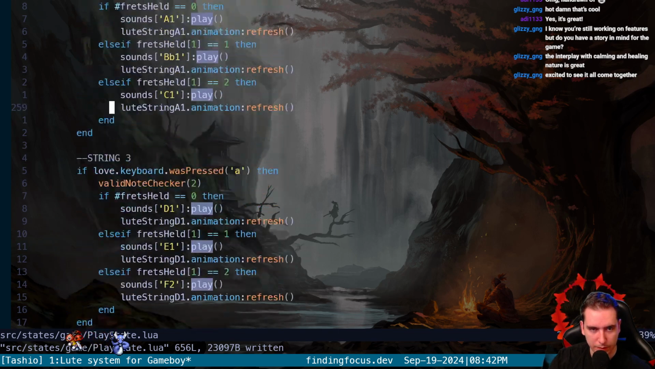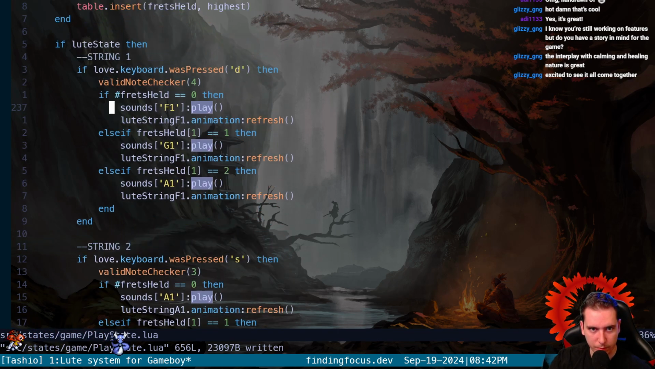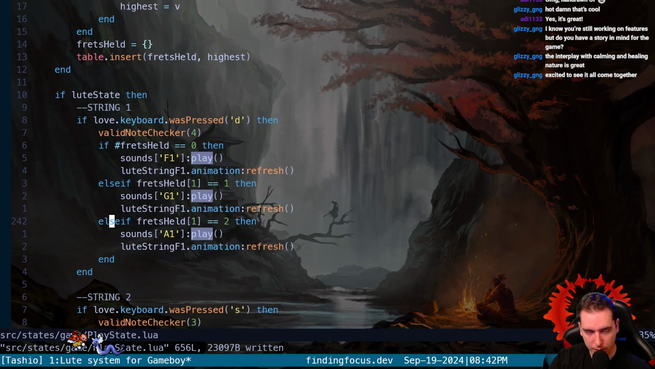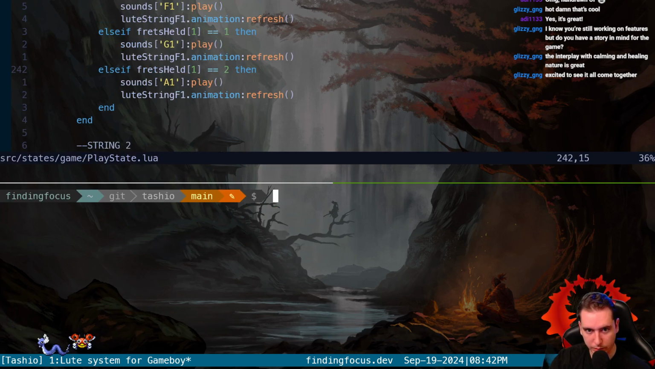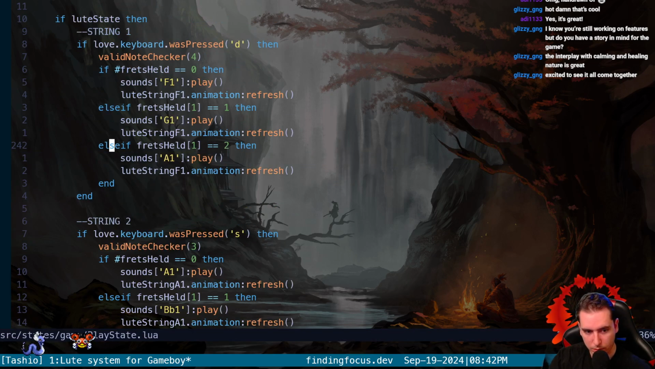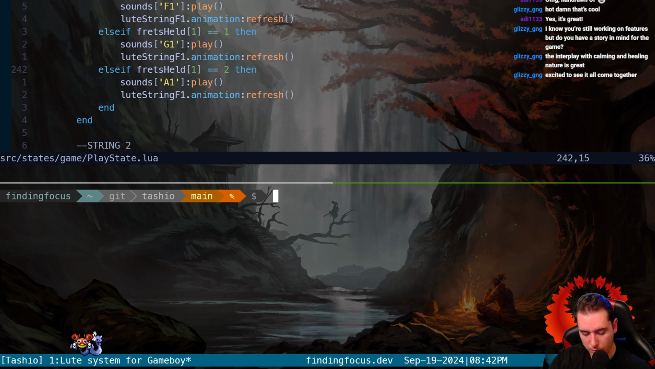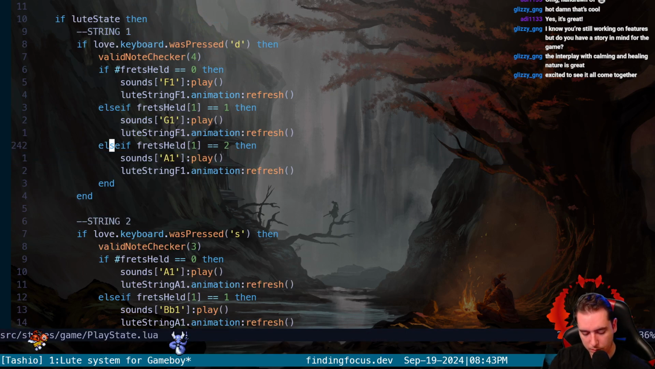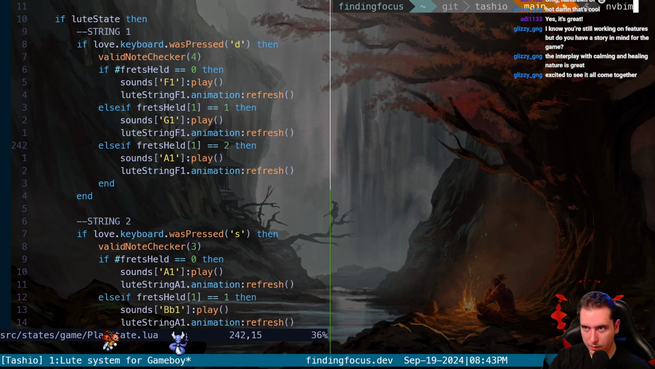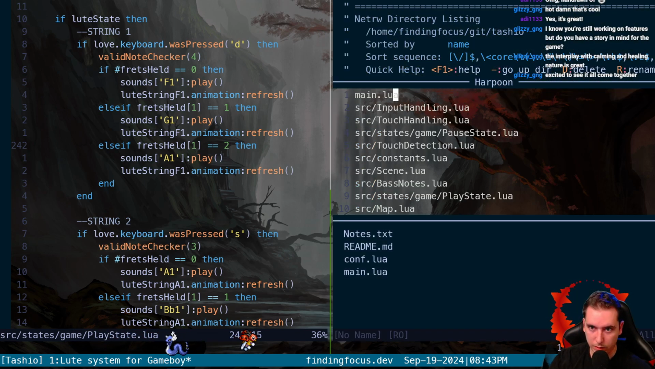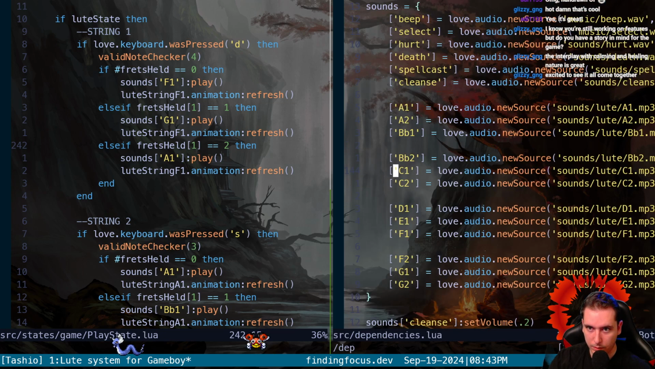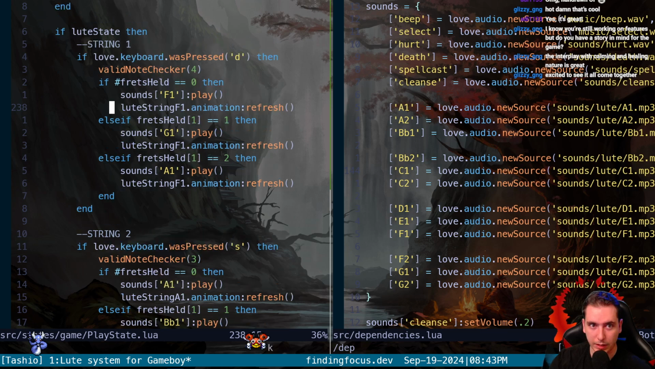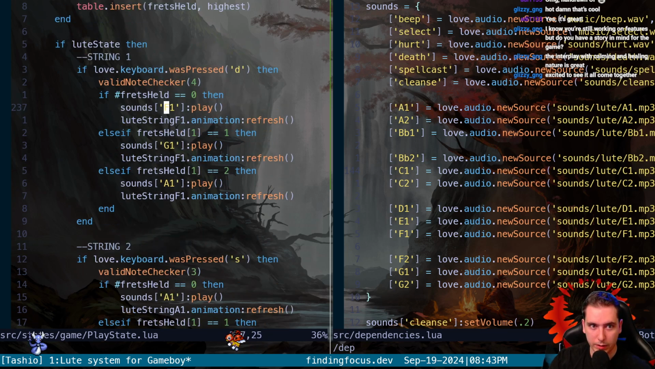Okay, so now let's make sure we just have the right string here. I think an easier way of doing this would be to just split our window. And we can do, what is it? We can do that. If we go into our dependencies, there we go. There's our notes. So now we can use that as a reference, and we can say fret 1 is this